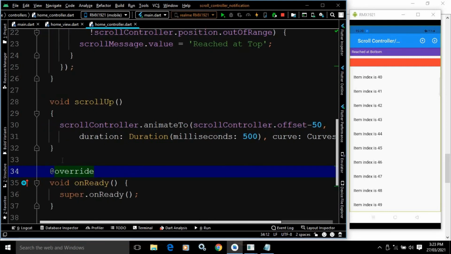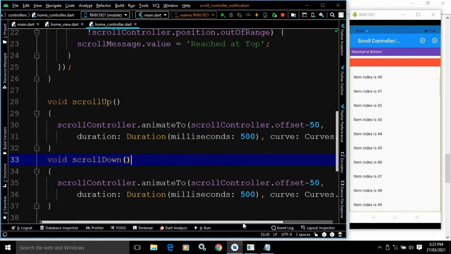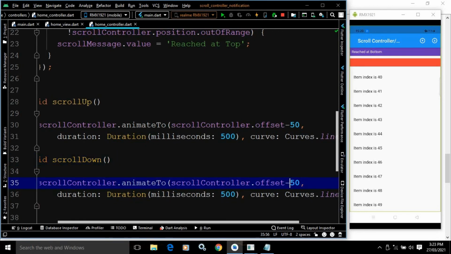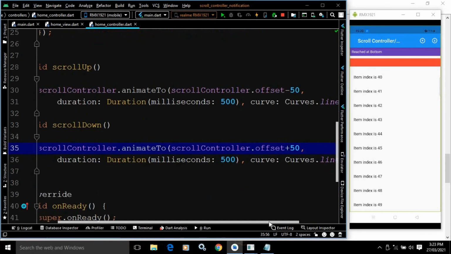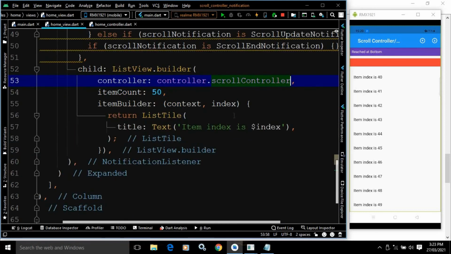Now similarly I will create the method to scroll down. Since it is scrolling down, here I will write plus 50.